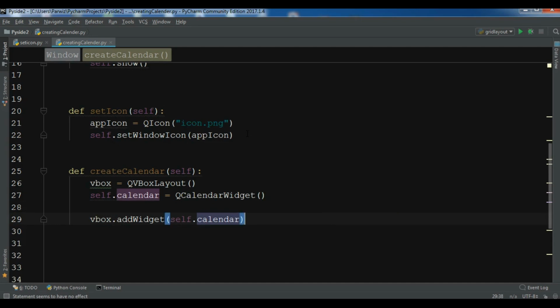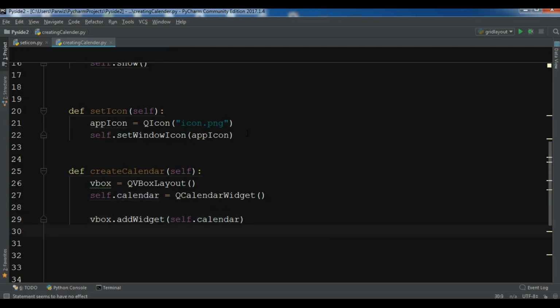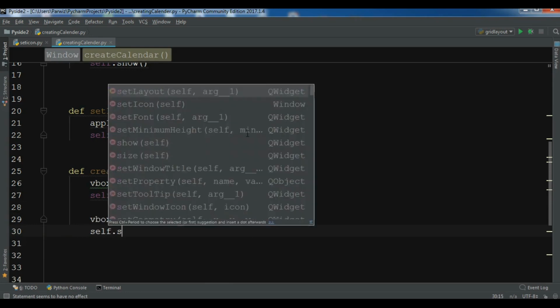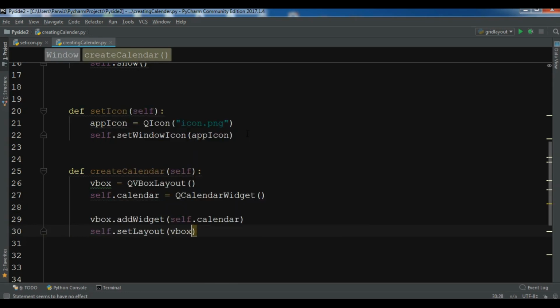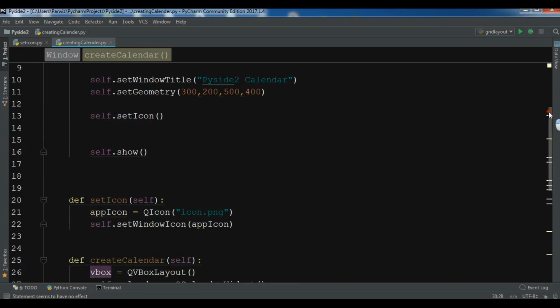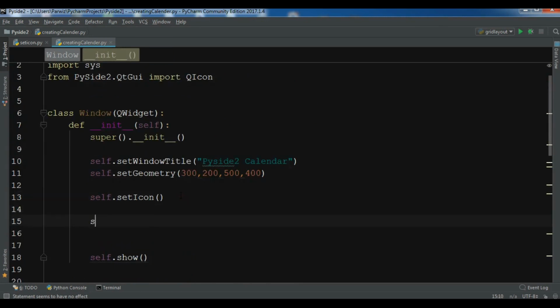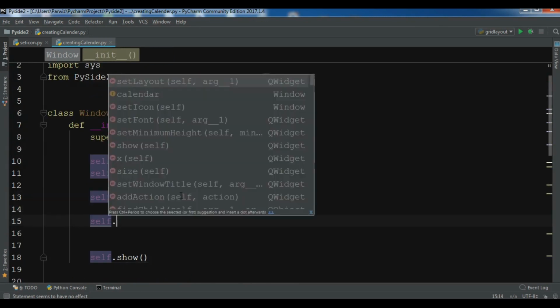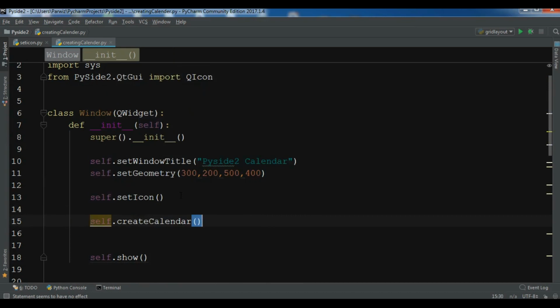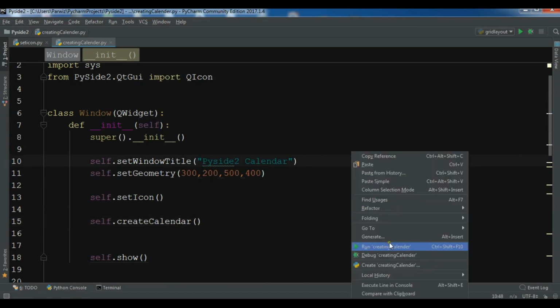vertical box layout, and at the end you need to set your layout. So self.setLayout to the VBox layout, and you also need to call your method in here. So self.createCalendar. Now if I run this,